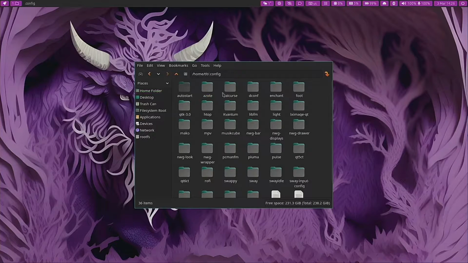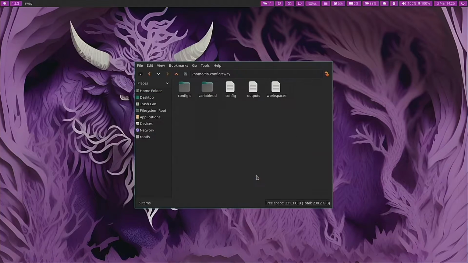Okay. And then we're going to go to Sway. This is the one that's in your path. This is the one that you're going to use. Now, if you look, you've got three of them here. You have the config, you have the outputs, and then you have the space. The outputs and space are kind of important because this right here, if we double click on this one and